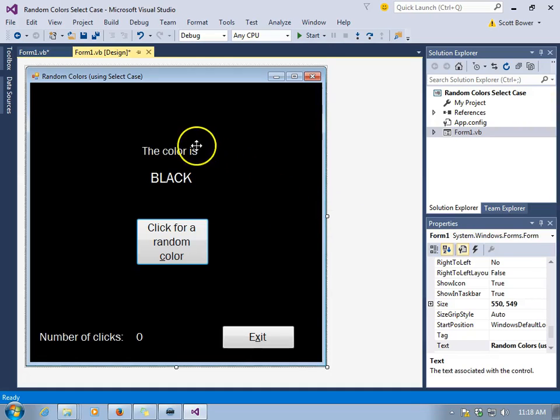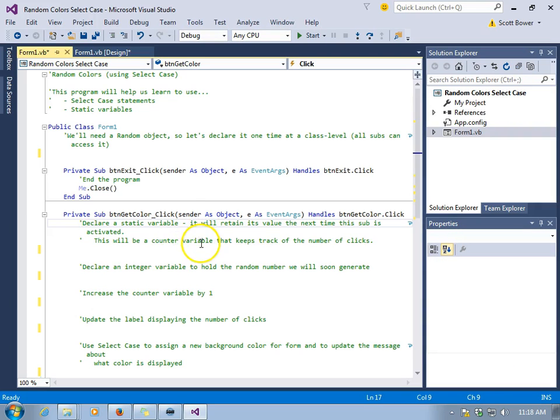In this program, we're going to learn how to use select case and some static variables. We're going to change the color name that you see, the color of the background, and we'll also keep track of how many clicks we've had on this click for a random color button, and we also have an exit button. We want to have random colors and random messages about those colors appear, so we're going to need to